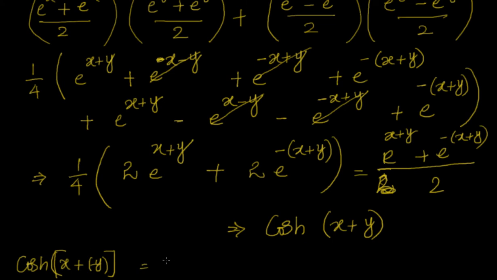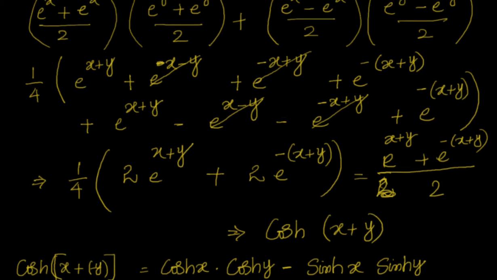Just now we have proved that it is cos hx into cos h of minus y, that is cos hy because it's an even function. Then I will leave the sign here. Then I have sin hx. Sin hx will as it is be there because there is no sign change for it. And if I go for sin h of minus y, that's nothing but minus of sin hy.